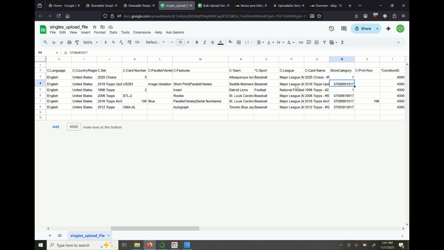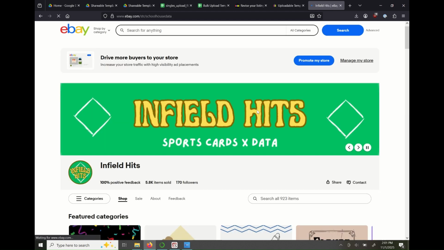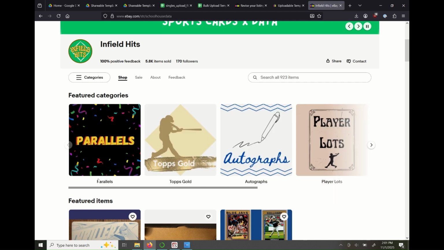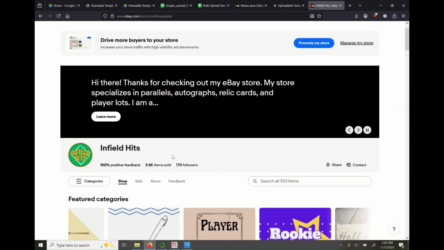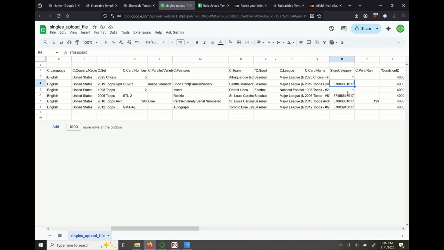Store category. So this is something I won't get into in detail, but you just got to believe me that these numbers are very specific to my eBay store. So these tie to categories. Heck, let's go ahead and just click this just for a second because it won't take long. But you see these categories? These have numbers assigned to them in the background. So I got a rookie card, I got a parallel, I got an autographs. We can get into that in detail in the comments if you really have questions, but trust that these correspond